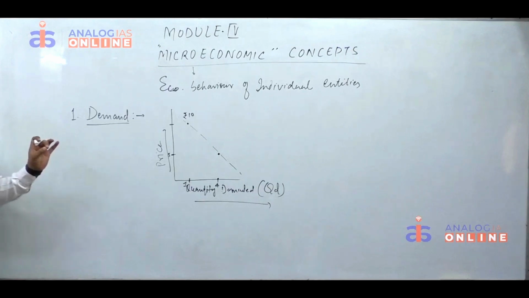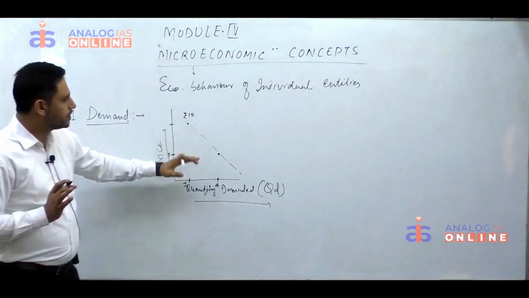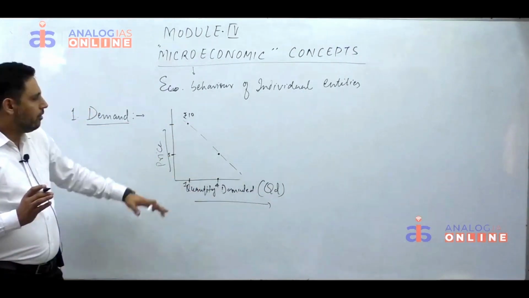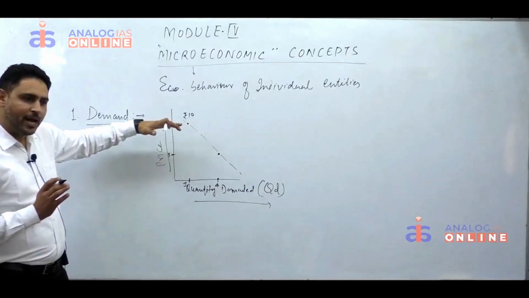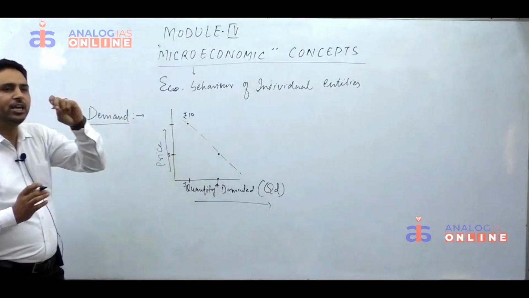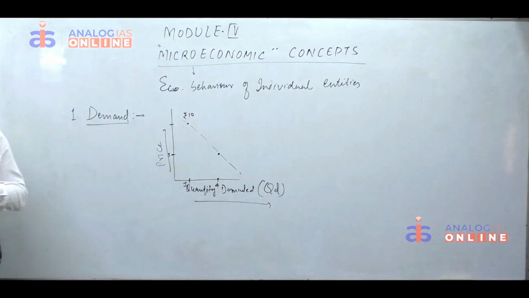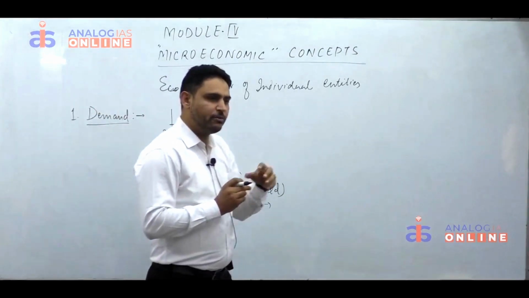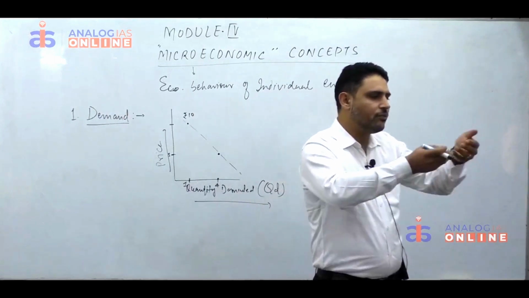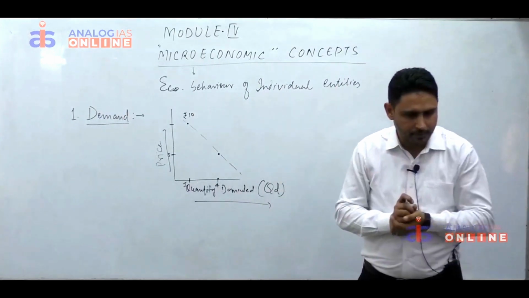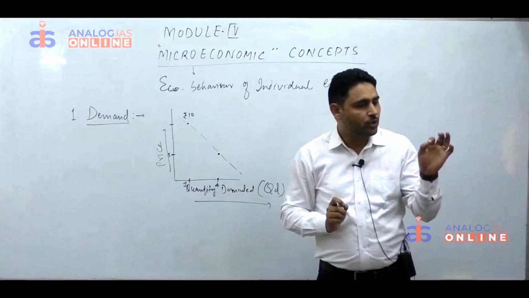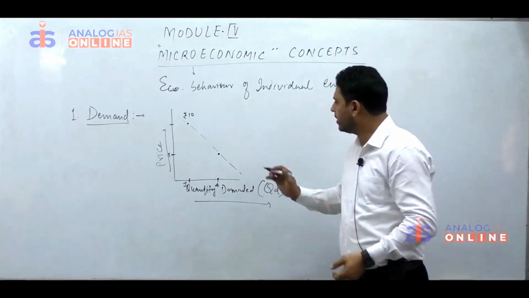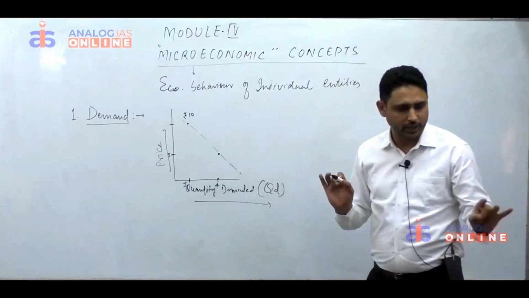Now tell me, what did you observe from this figure? Price and quantity demanded have an inverse relation. It means when prices increase, quantity demanded goes down. But when prices reduce, the quantity of a commodity demanded goes up. You get this? This is what you call the law of demand. That is only from the demand curve you can understand.